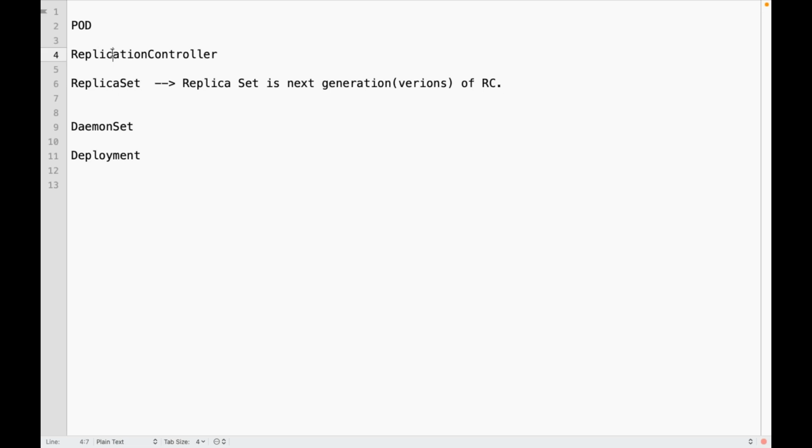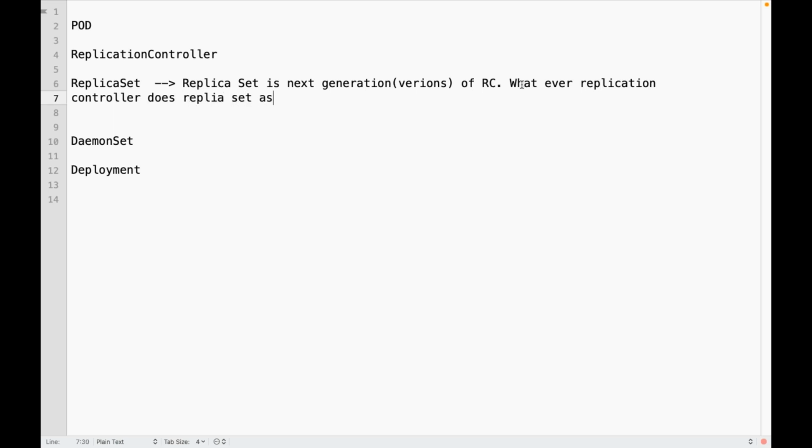So whatever replication controller does, replica set also does the same thing, but the only difference